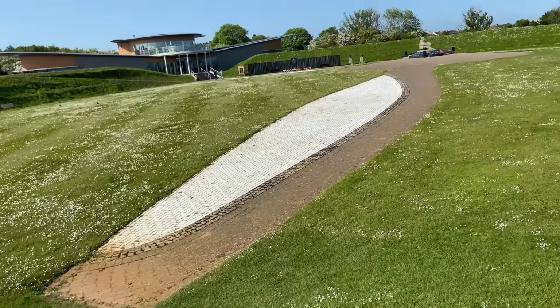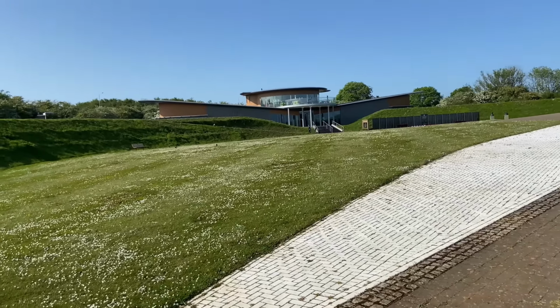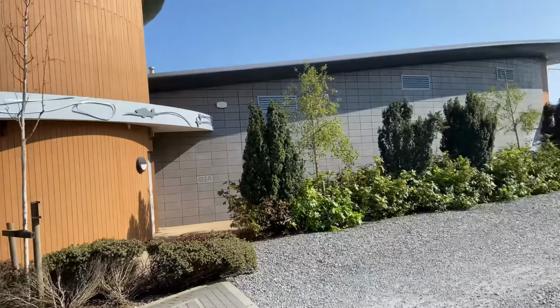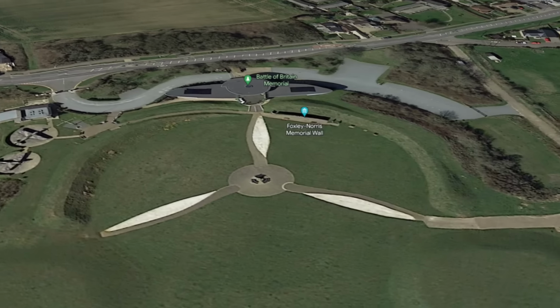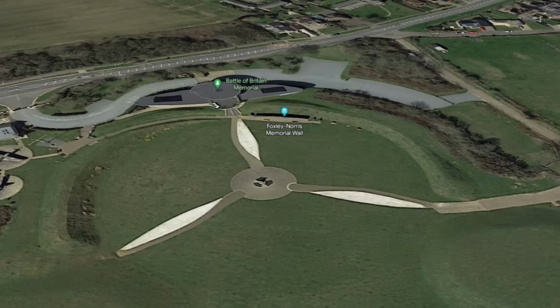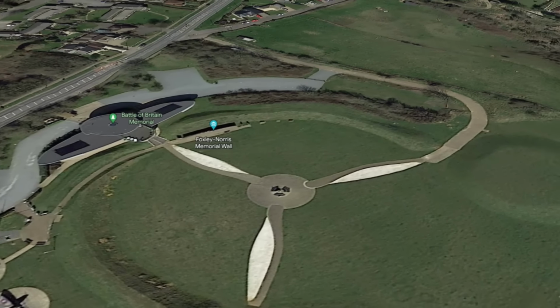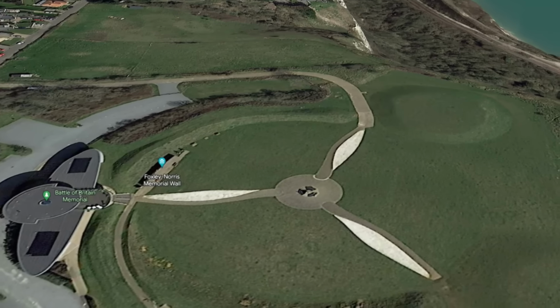Let's walk down the hill. That centerpiece in the middle is a museum. It's the Wings Museum, and what I'll do, I'll overlay a Google Earth image of this whole place. I can't give you drone footage, but at least it gives you an overview of what the actual place looks like. It's certainly a place to come for contemplation and think about the sacrifices that these people